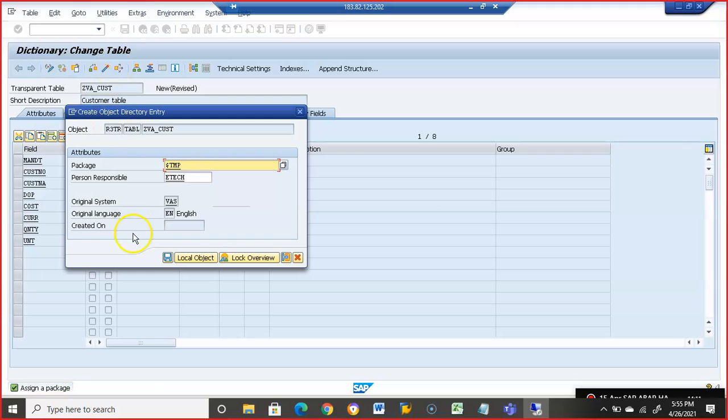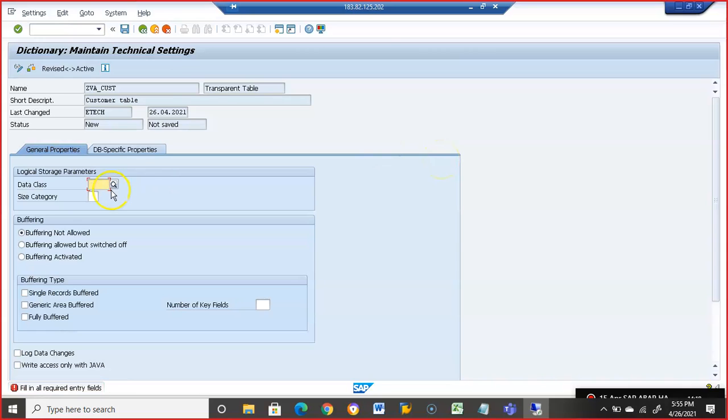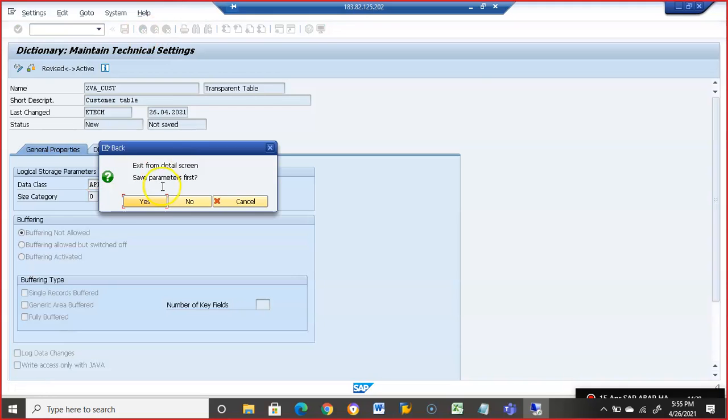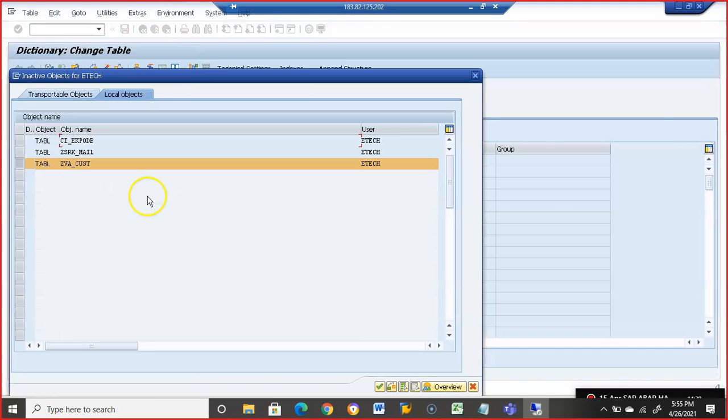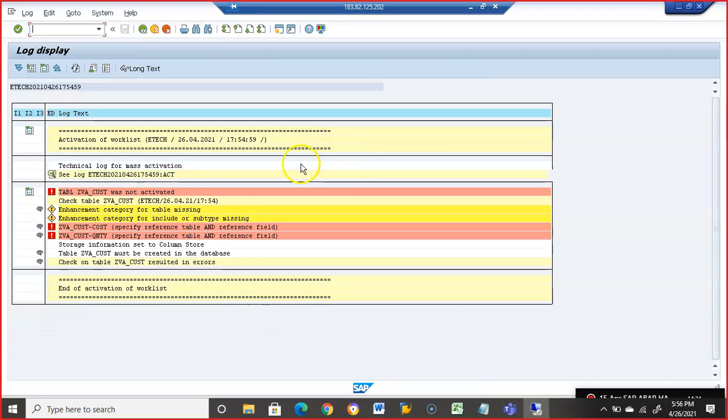Save. Activate. Okay, this data class is APPL0. Size category is 0. Save it. Back. Yes. Okay, so what's the error? We'll see that. Okay, so it throws an error.